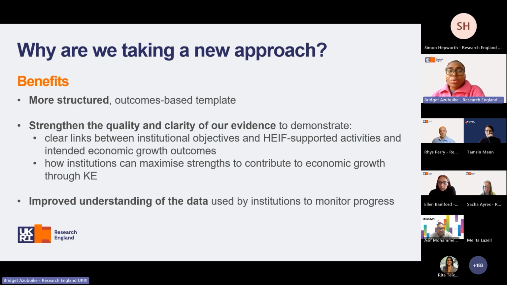And also, we believe that this new approach will improve the understanding of the data you use in your institutions to monitor your activities and outcomes, and it will also support our long-term metrics development. So this new approach is based on our new program theory, which is the logic model I'll be talking to